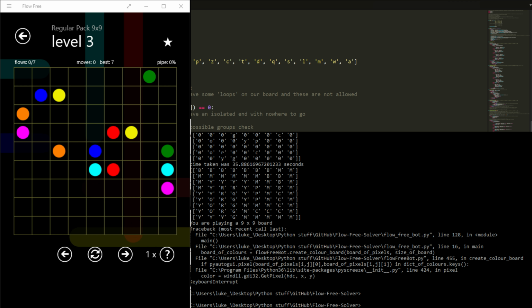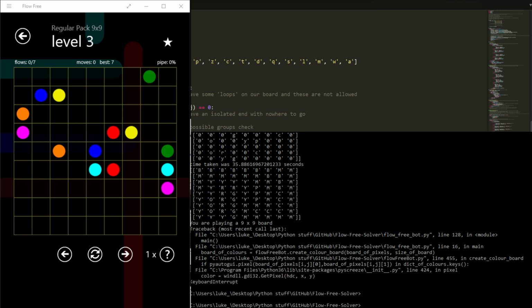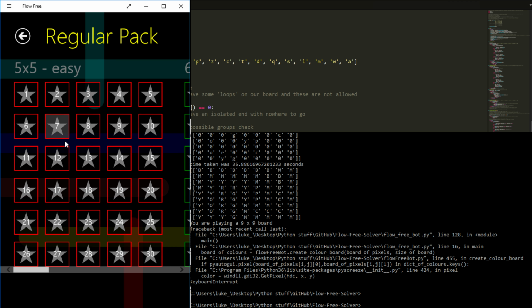Yeah, it looks like it was level 17, and it took 1,647 seconds to run. So if we just go to level 17,